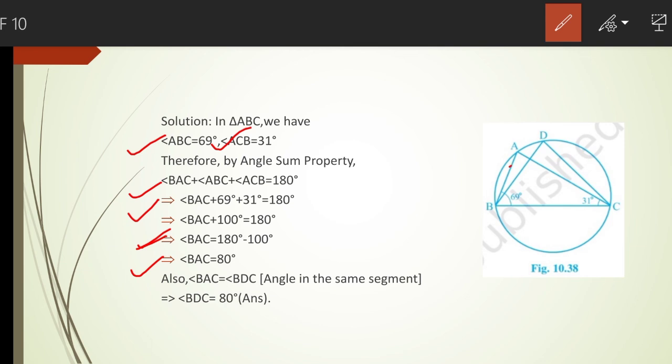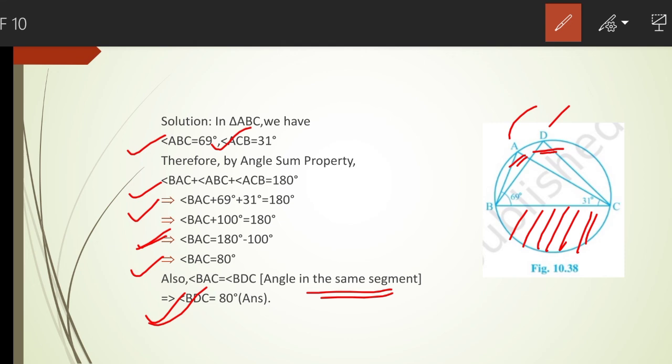Now angle A is 80 and angle D is in the same segment. If we consider this segment, the leftover segment, we have A and D both. So angle BAC and BDC are both in the same segment, so the angles should be equal. Since angle BAC is already 80, angle ADC is also 80, following theorem number 9, that angles in the same segment are equal.